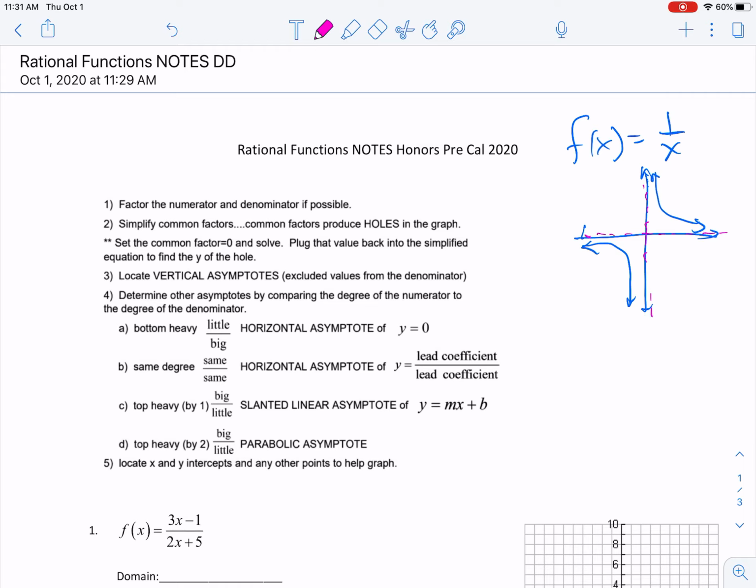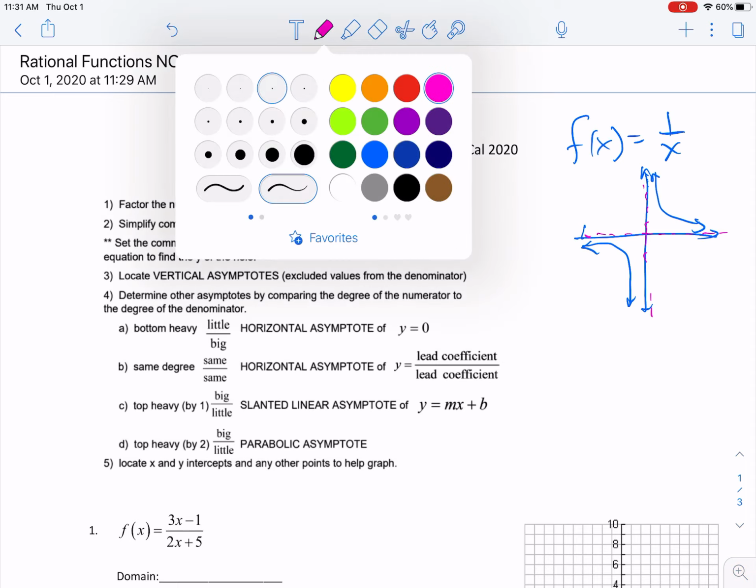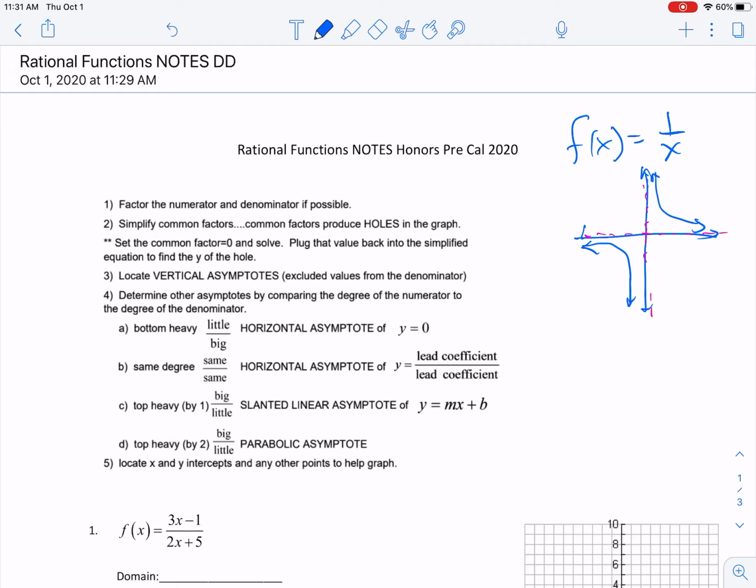All right, the purpose of this lesson is to be able to graph a rational function quickly. If you can find the vertical and horizontal asymptotes first, it makes life easier. When you're looking for asymptotes, the vertical ones are what make the bottom 0, and the horizontal ones, or slants, or parabolic, depend on the degrees of the numerator and denominator. We always have to check for holes, okay? So here's,